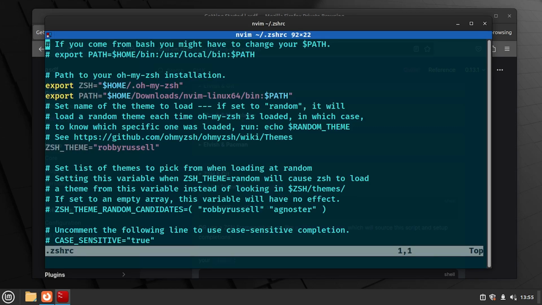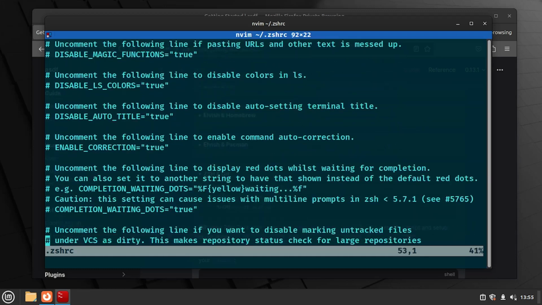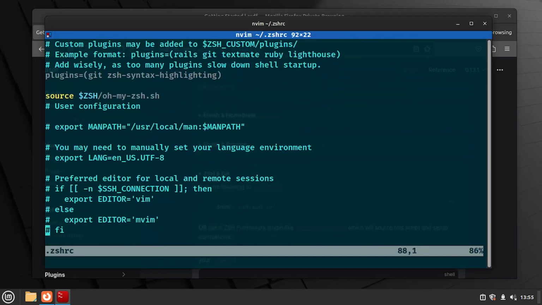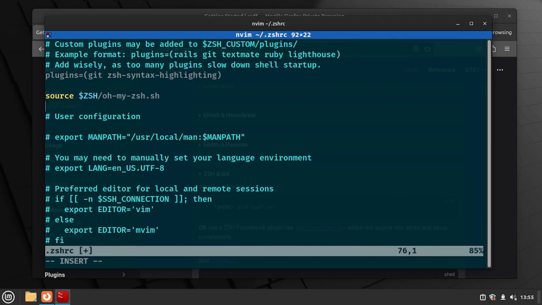Okay, so as you can see, there already exists some configurations. So I'm going to go down here. I'm going to paste the ASDF configuration here. So I'll paste it there just after we load our ZSH plugin. Then we're going to load our ASDF shell scripts here. So I'll paste it there. You can put it at the bottom of the file if you want, or anywhere, that's fine. So I'm going to save my file